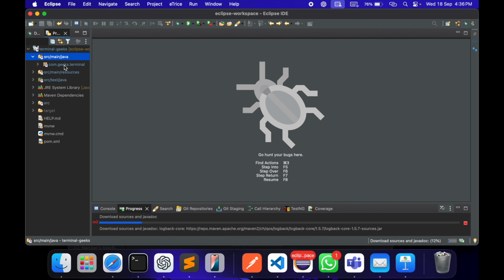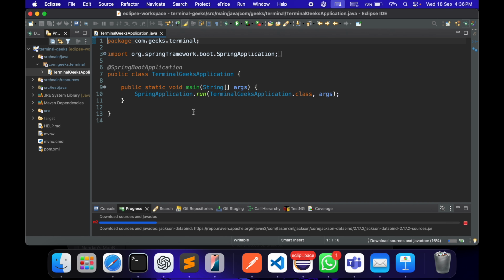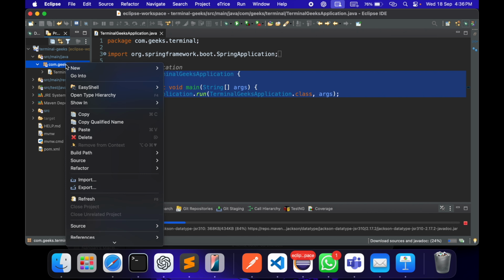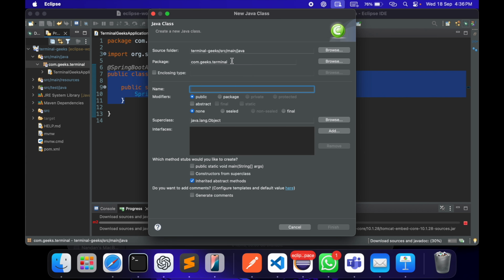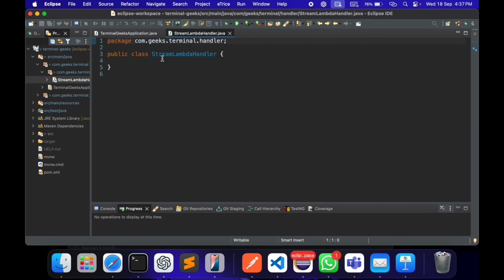See, this is my Spring Boot application, and this is the main method where the Spring Boot application starts. So I'll create a package here. I'll create a class and package at the same time. My package name is handler, and my class name, let's take StreamLambdaHandler. Okay, so this is StreamLambdaHandler, where, when we deploy our application, Lambda starts the application